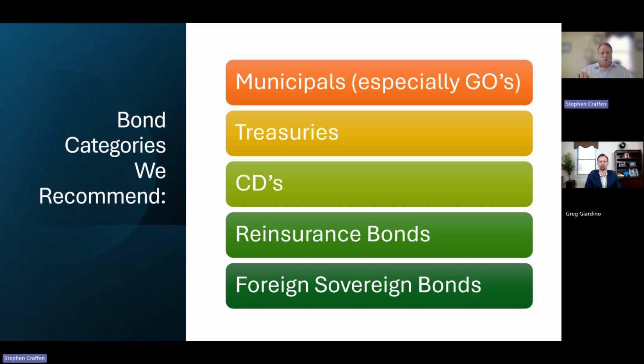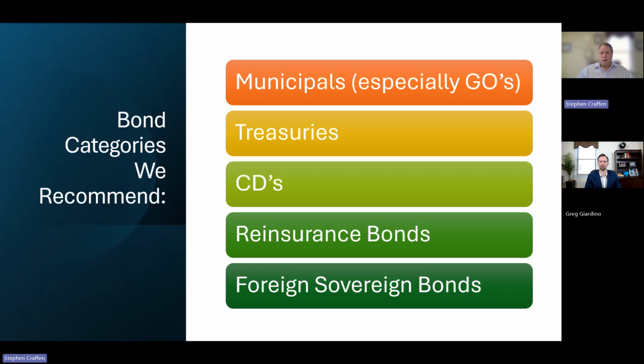Municipals, especially what are called general obligation municipals, as opposed to single purpose revenue based municipals. Real quickly, the definition is this: general obligation municipals are typically backed by the taxing power of the town or state or entity that issues them, as opposed to revenue municipals, which are backed by the revenue generated by a single project. For example, and by the way, I don't mind projects like sewer systems or water systems, because those are fundamental need types of projects. I'm talking about stadiums, parking lots, things of that nature. Whereas if that particular entity fails or the revenue declines, you're at risk of the bond defaulting. So we don't recommend those.